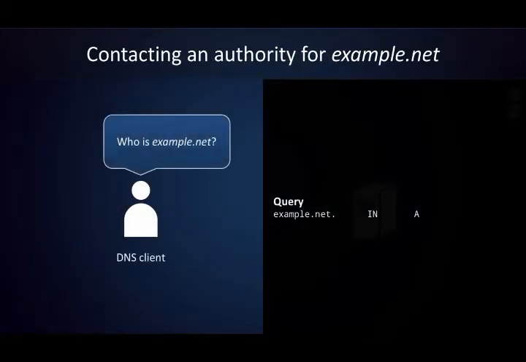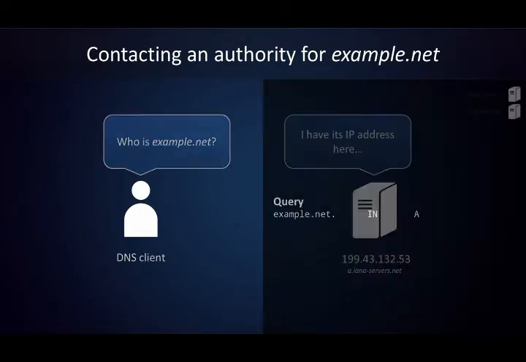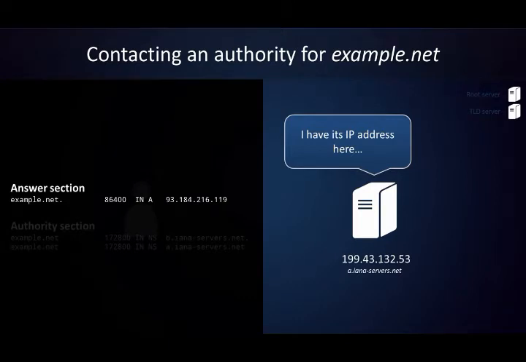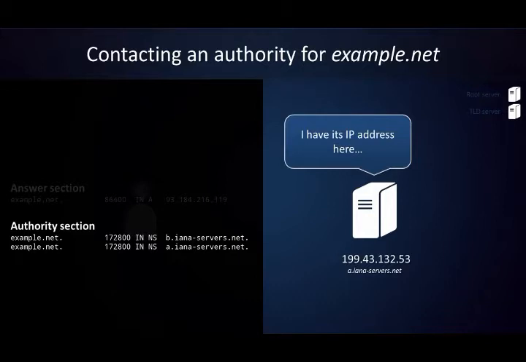We will reuse the same query, but the response will look a little different this time. Let's see what we have here. For the first time, there will be an answer section. From there, we learned that example.net is at 93.184.216.119. The authority section tells us which name servers are authoritative for this domain, but that information is no longer